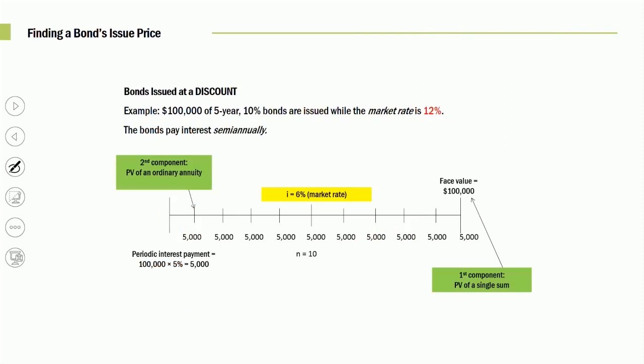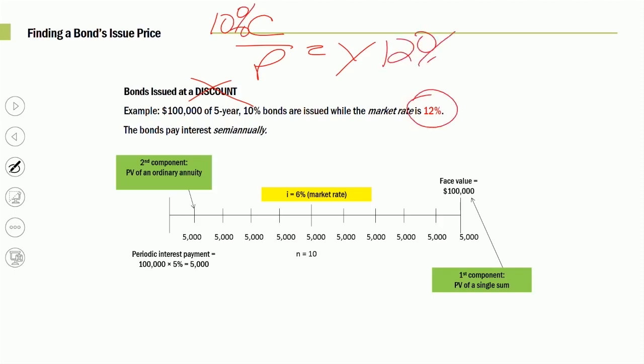All right, our next example, bonds issued at a discount. I'll show you it's a discount. Here we go. Coupon divided by price. What's your yield? Let's see, we offered the world a coupon of 10. The market said, you're crazy. I'm not buying your bonds unless you give me 12%. They want a higher rate. How are we going to get that higher rate? Well, they're not going to pay the face value. They're going to give us less than $100,000.